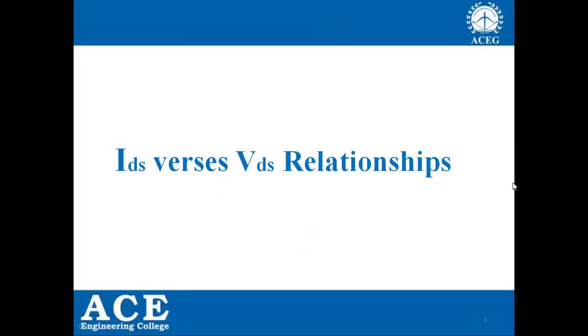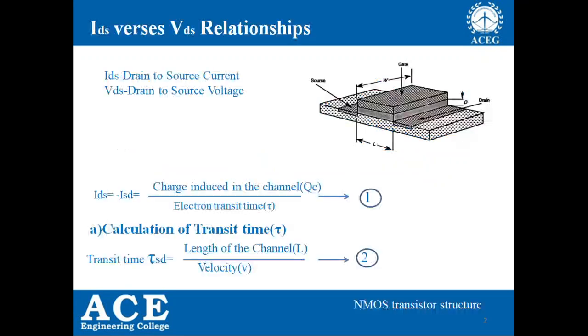Dear students, in the last class we have seen the fabrication of BiCMOS inverters, and now in this class we are going to know the electrical properties of NMOS transistor, and that is IDS versus VDS relationships. Now what is IDS and what is VDS? Let us see. VDS is the voltage applied between drain to source, and IDS is the current flowing from drain